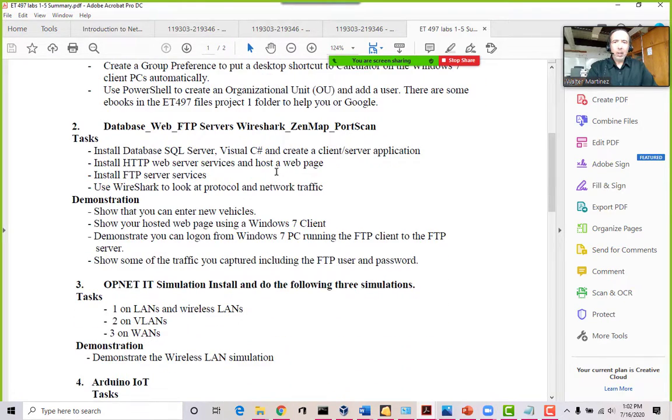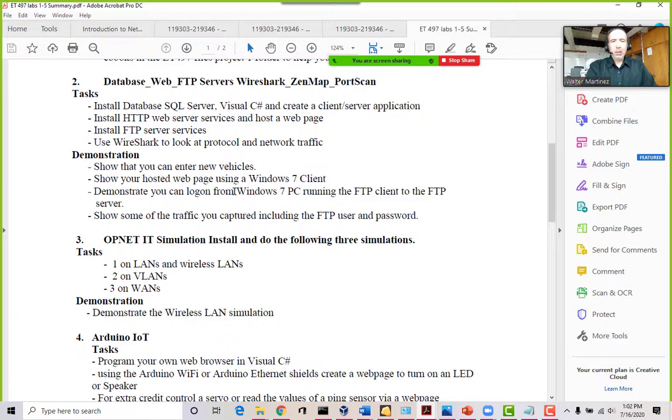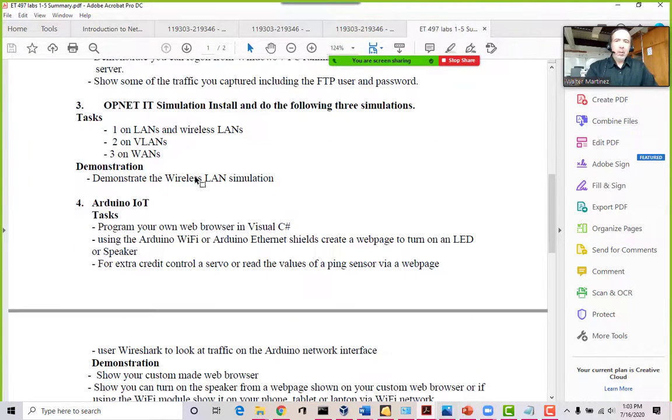All right, so the next one is we're going to be installing a Linux client or server as well. So basically you'll install a Linux server, you'll learn how to configure and how to install the server in a virtual environment. You'll learn how the security works, how the ports work. We'll use Wireshark to scan the network and look at the packets that are going on the network.